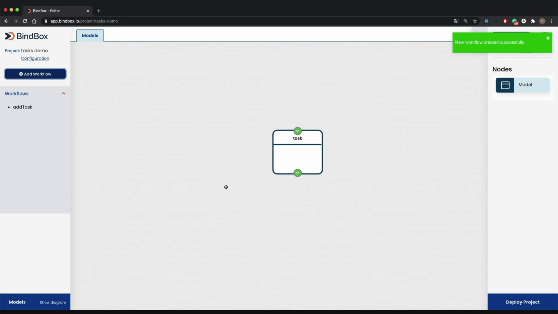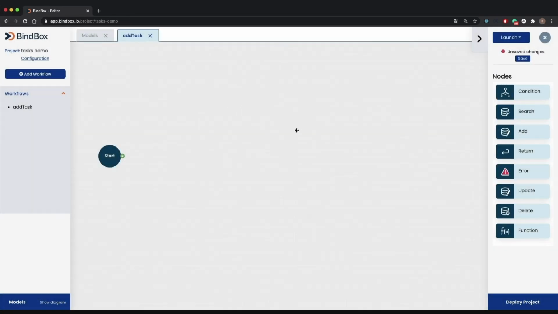Once the workflow is created, it appears in the bar on the left side. When we open it, we'll see something like the following. All workflows have an initial node called Start, whose goal is to receive external data as arguments to the workflow. The workflow that we've just created needs external data in order to create a new task. Title, description, and status values must come from outside of the workflow context.